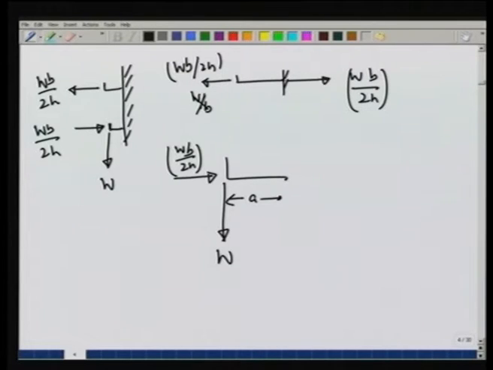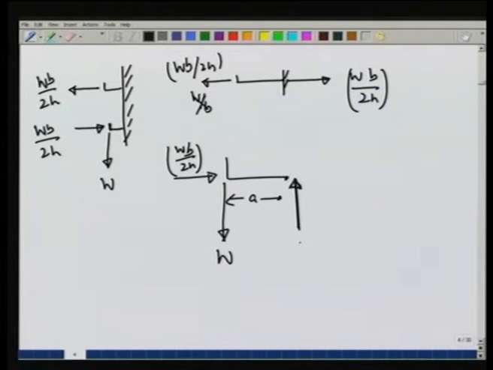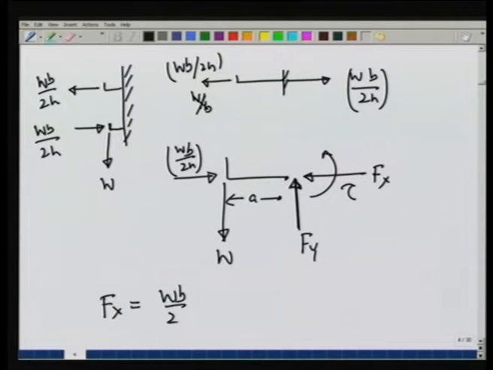Therefore, at the wall with respect to this point, there would be a force to balance the vertical force F y. To balance the horizontal force, there will be a force F x, and there will be a torque tau. Let us see what these values are. So, straight away F x is going to come out to be W b over 2 H, F y is going to come out to be